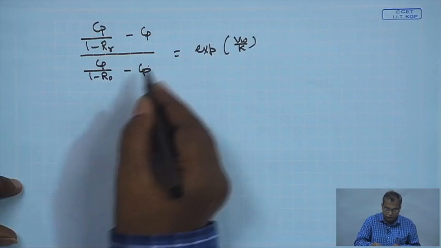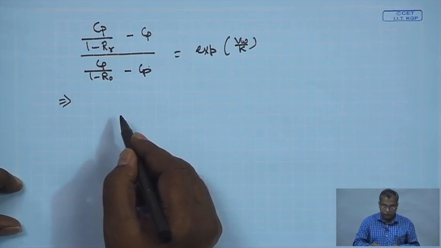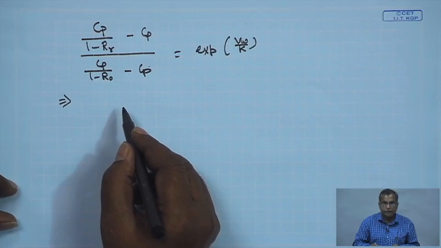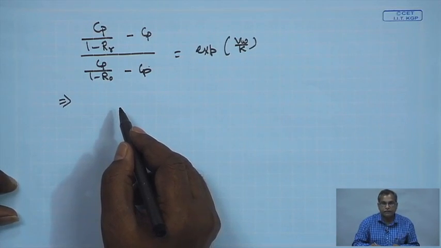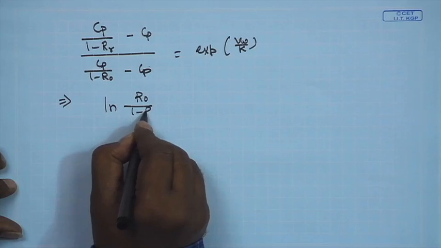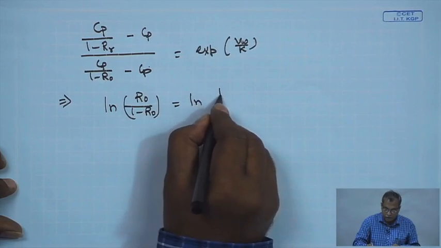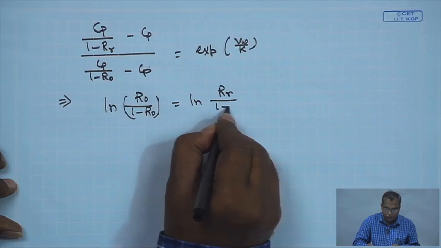So, Cp will cancel out from both the numerator and denominator, and you will get an expression of observed retention, real retention, permeate flux and mass transfer coefficient. If we simplify this equation, I am just writing the final form: ln of R naught divided by 1 minus R naught is equal to ln of Rr by 1 minus Rr